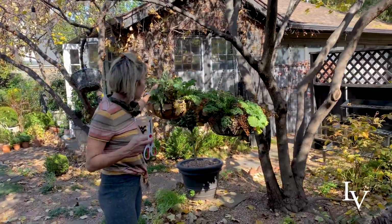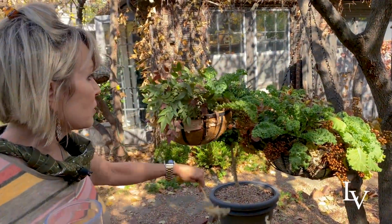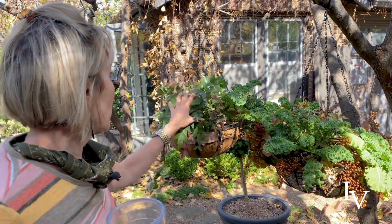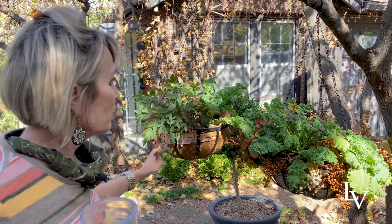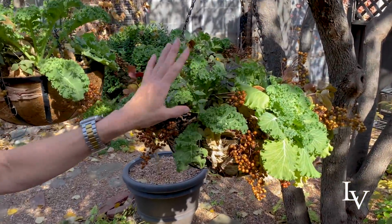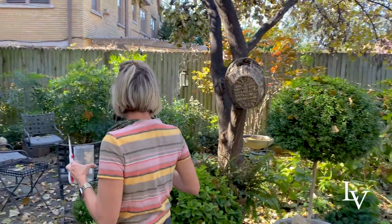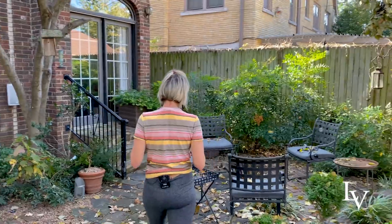This is that little baby flirt. And even with the ice storm, my hanging baskets don't look too bad. I need to really do some grooming on them. But the color of the Nandina berries is also pretty. And it's amazing how much autumnal color you can get from Nandinas. And then over here in this corner,